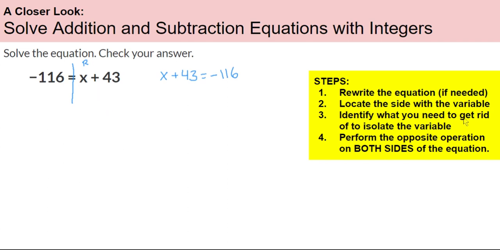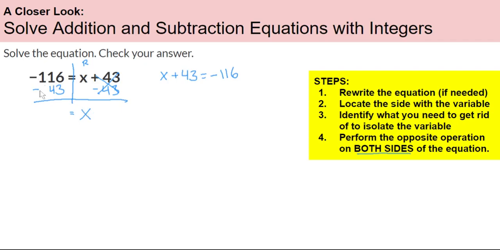Okay, so what do we need to get rid of to isolate the variable? Right, we need to get rid of this positive 43. What's the opposite of plus 43? Minus 43, right? What we do to one side, we need to do to the other side, to both sides. So we're going to subtract 43, okay? So the plus 43 minus 43, that cancels out. That's gone, right? And this would equal, so we'll have x by itself,